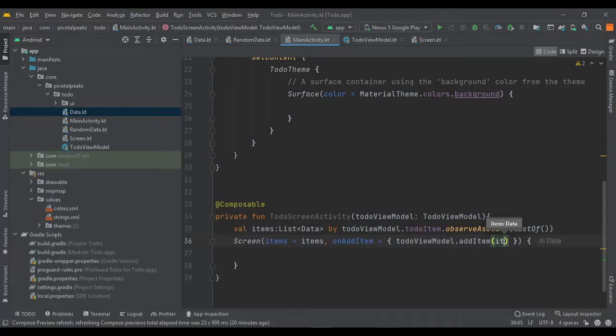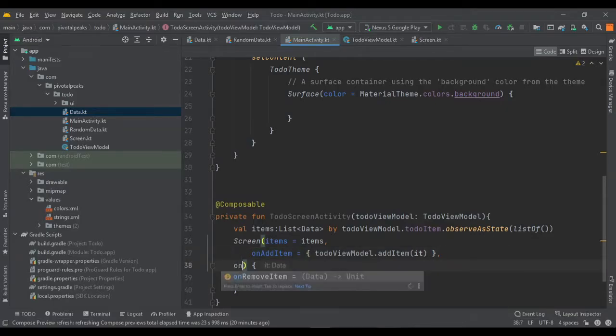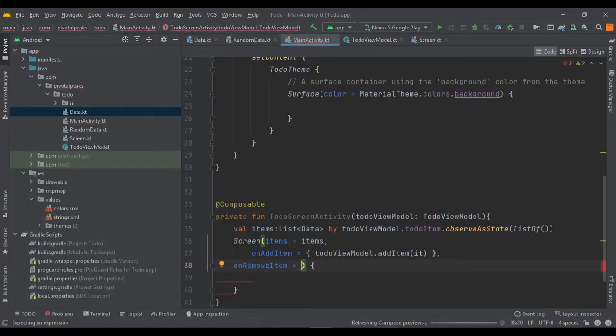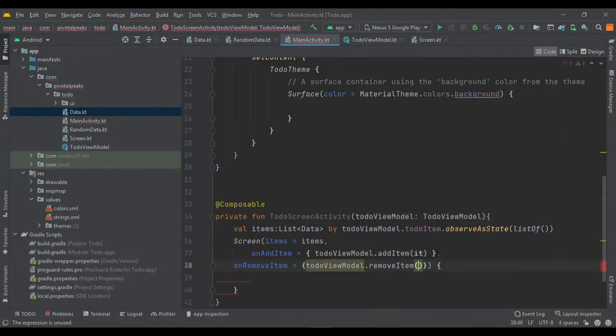We also want to add the remove item, which it did not do automatically, so we will have to do it ourselves. So let's do that, onRemoveItem, and in the same way toDoViewModel dot removeItem, and pass the it.